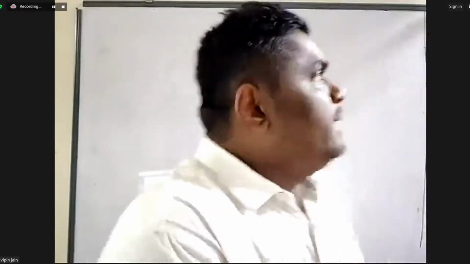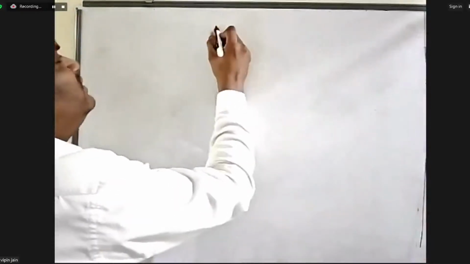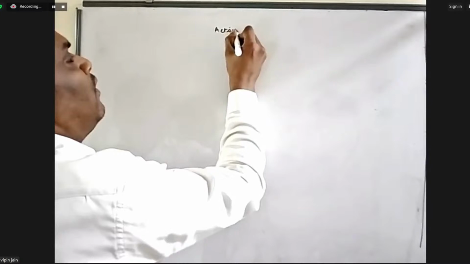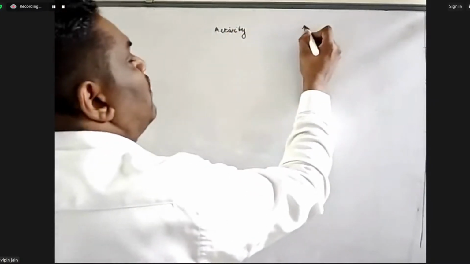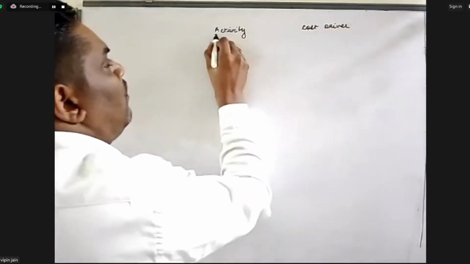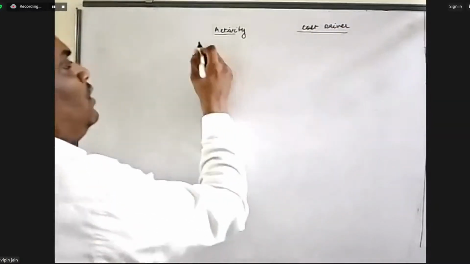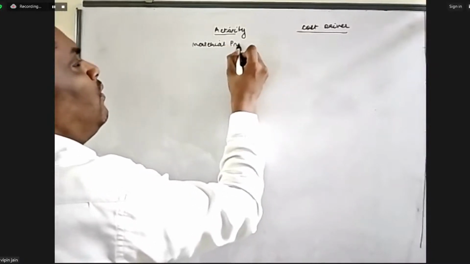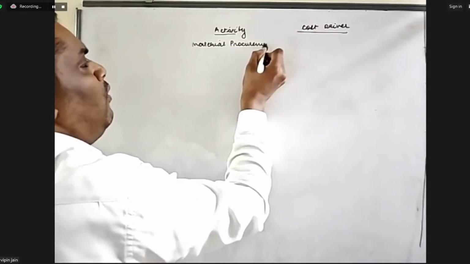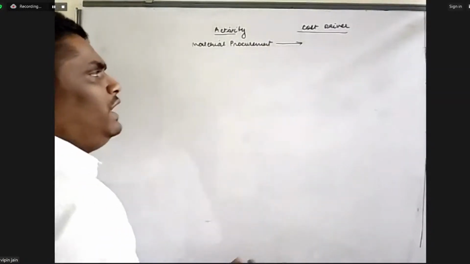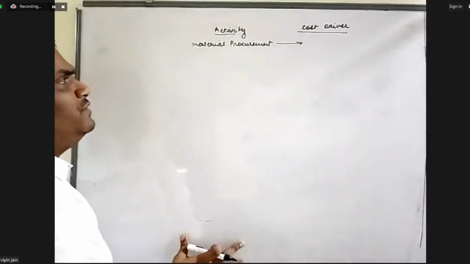When talking about the activities, just writing a few illustrative things. Material procurement can be an activity. And when talking about the cost driver or basis of absorption of material